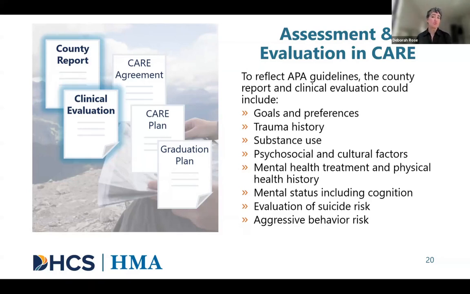And again, if we go back to George, our example, thinking about how the county report and the clinical evaluation could include or should include his mental status evaluation. How's he doing now? We know that he's hearing voices, his goals and preferences. He'd like his friend to be included in his recovery plan. What's worked, what hasn't. We've said that George has a history of non-adherence, perhaps that he had side effects for the meds that he was prescribed and would do better with other medications. All things to consider, and for understanding George and people like George to develop a personal recovery plan.